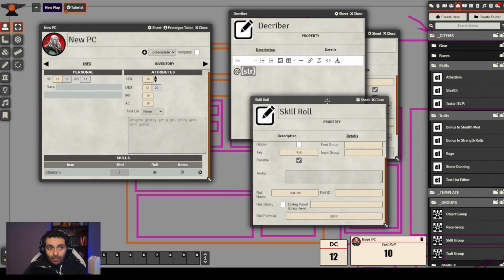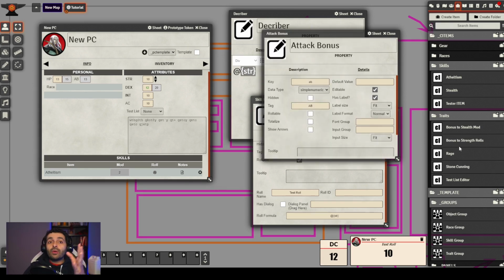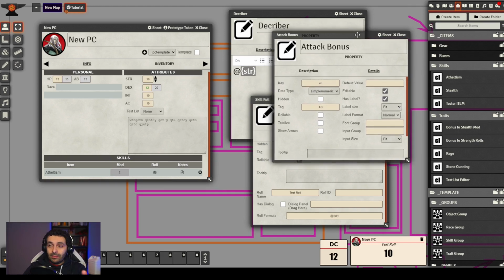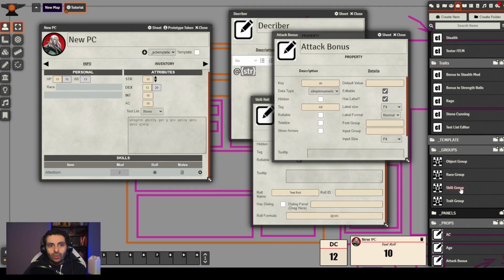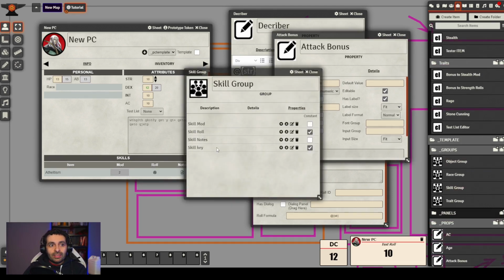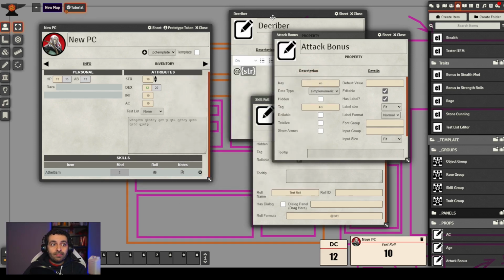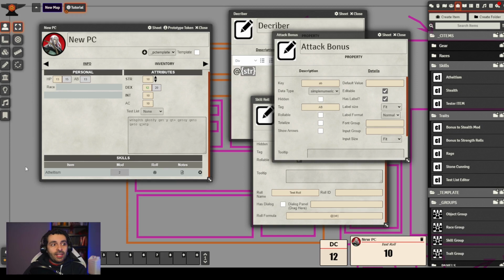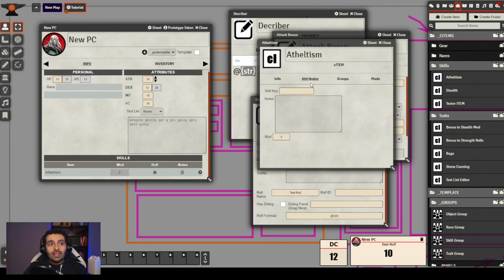Remember, actor properties are dragged upon panels of the template, and C-item properties are included in the group of the C-item. So as you can see in the skill group, you can see all the properties of that, and you can also have a look at them by checking on the CItem and the tab attributes. You can see more or less the default values of those.